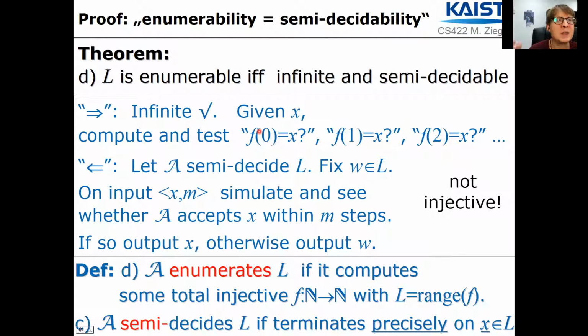But you can easily conceive that this is possible to implement in your favorite programming language like Python, Java, or whatever. Here we can become even more informal. Namely, we've described how to convert our algorithm B, which computes a total function with this range, into an algorithm C, which computes a total injective function with the same range. And I've refrained from even writing down any notes regarding that. And the reason for that is